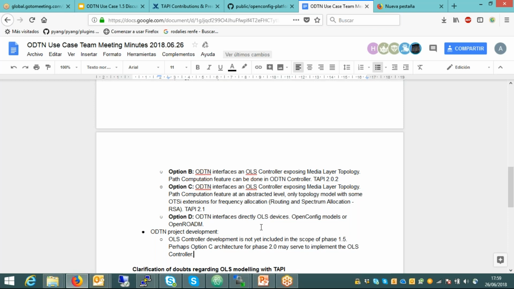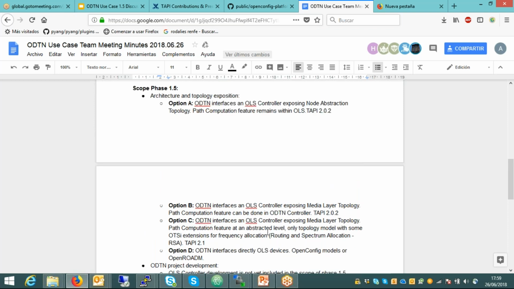There is a way forward using option A, and I see a way forward with option C as well, which, as I was saying, is that you do some sort of topological path computation, and then you iterate with some kind of OLS controller to check for feasibility until you find one. But in either case,